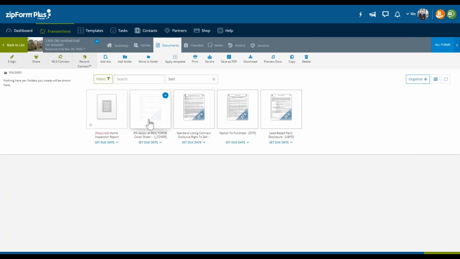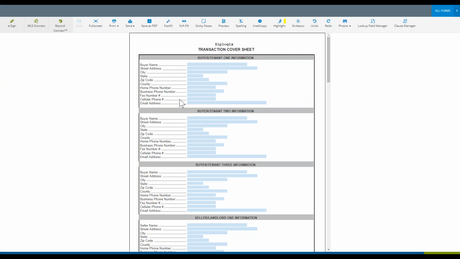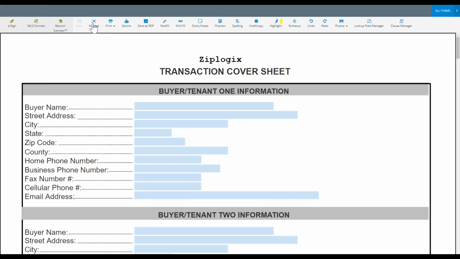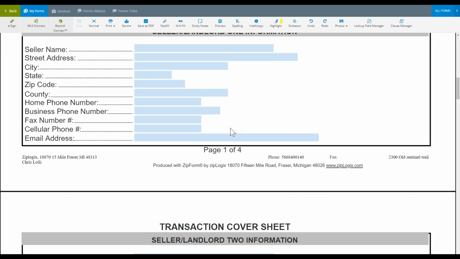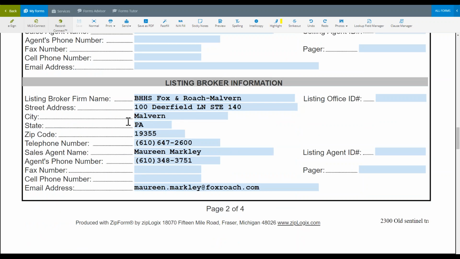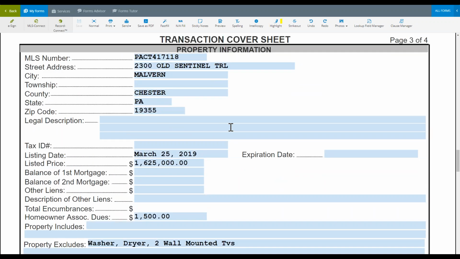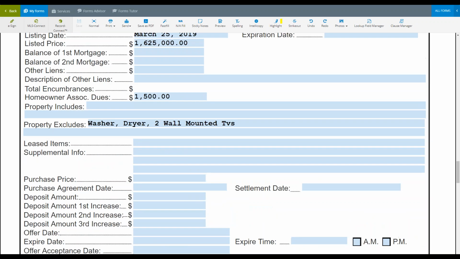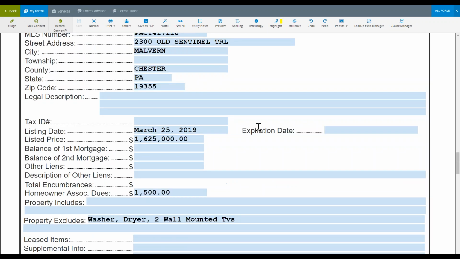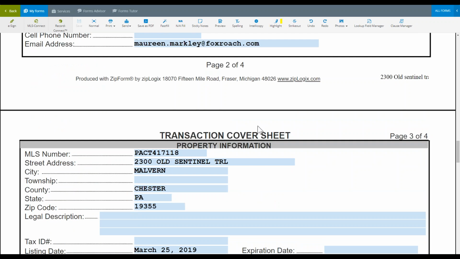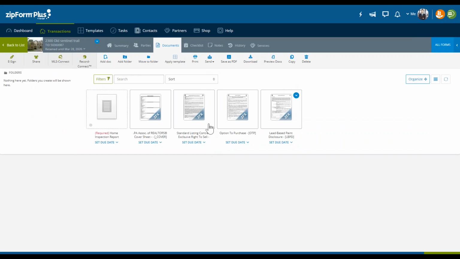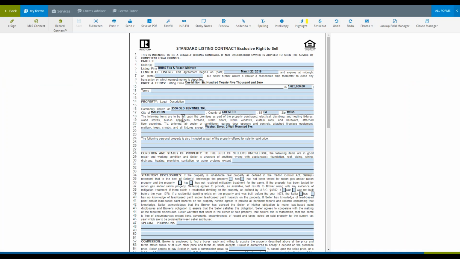And additionally, with the population of the transaction summary page, I'll also have information populating here in my transaction cover sheet. So here's the listing broker information. It did recover our own, which is good, which is what we want, which is okay in this case. And we have property summary information. So before I even do anything with an actual transaction, adding any forms or anything like that, I have forms, I have data, and I have relevant data that's being inputted into my transaction. So now all you have to do is simply enter some basic data into, say, a standard listing contract, and you're good to go.